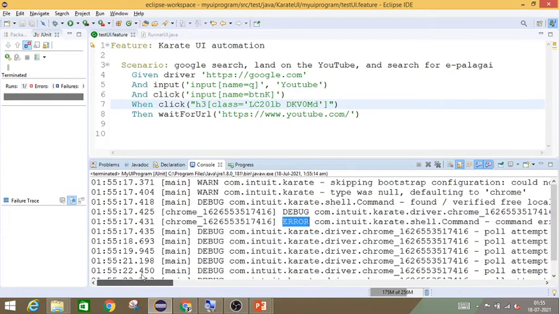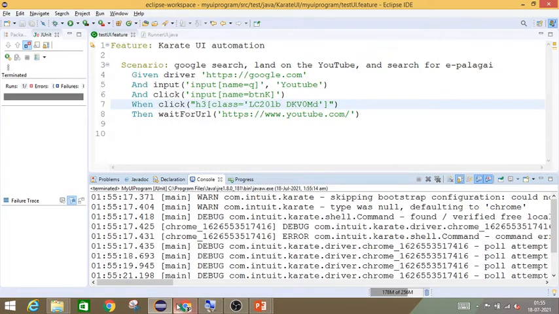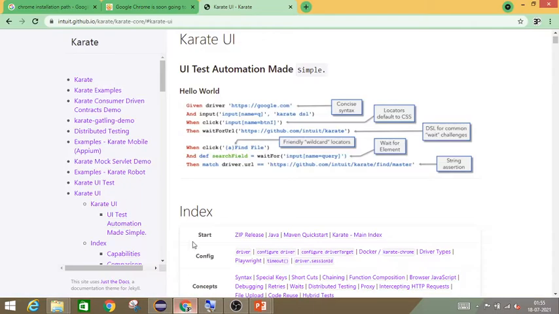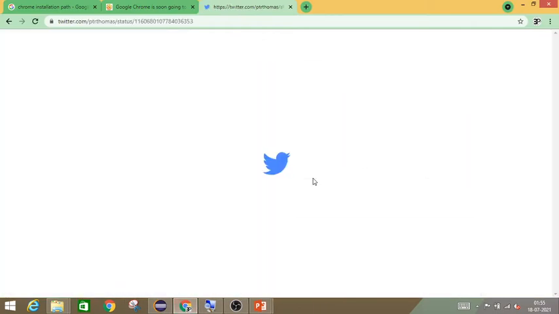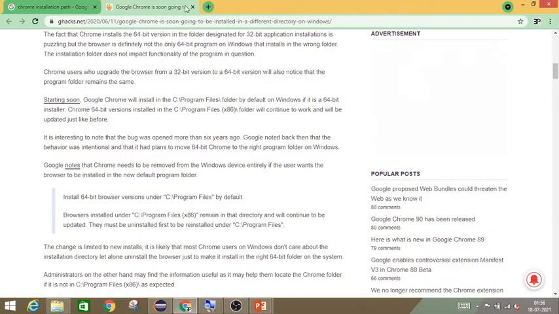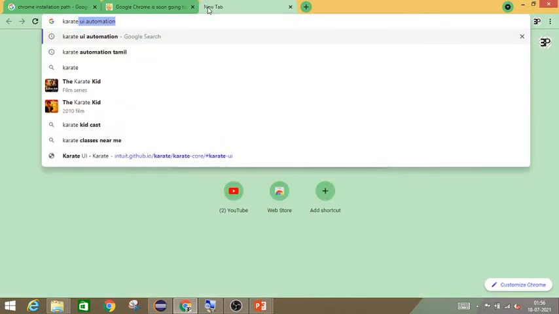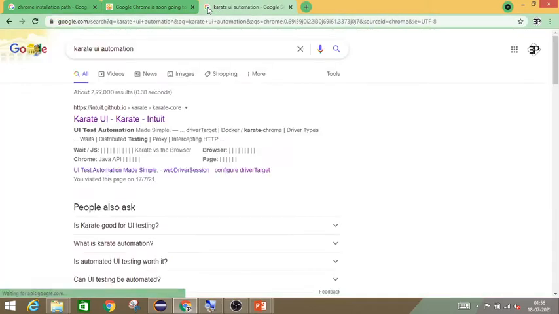So what is the reason why, when we have Chrome on our machine, it is not finding it? For that we should understand how the framework is designed. In the Karate framework, we can see that there is a default path set for the Chrome driver.